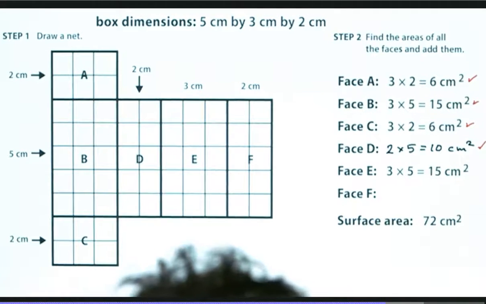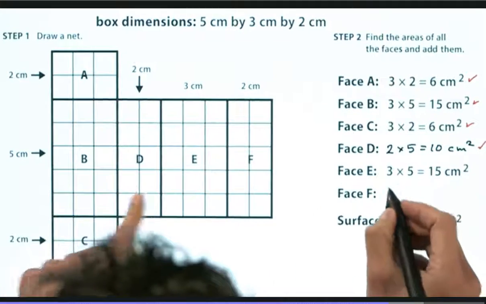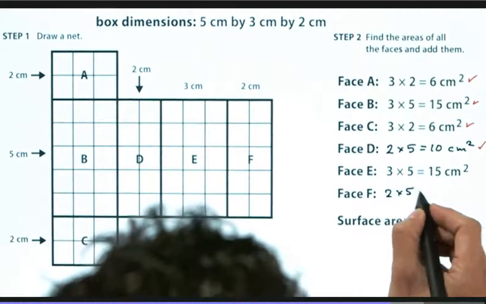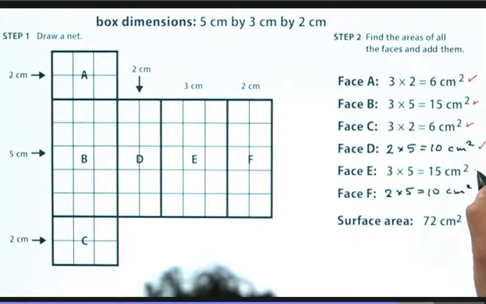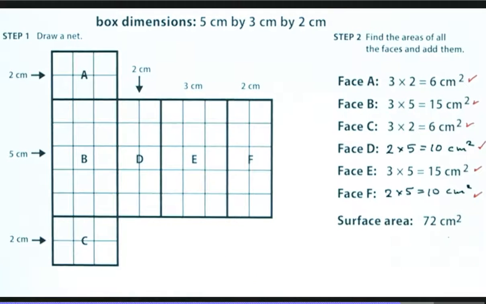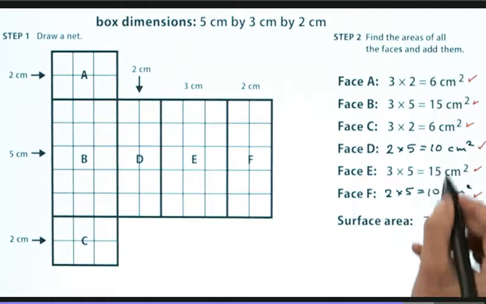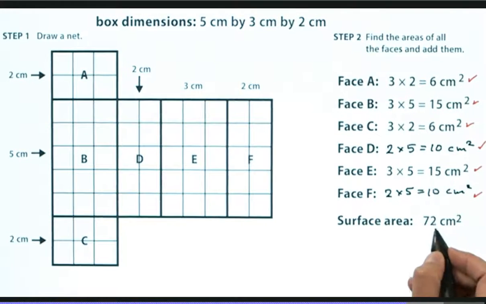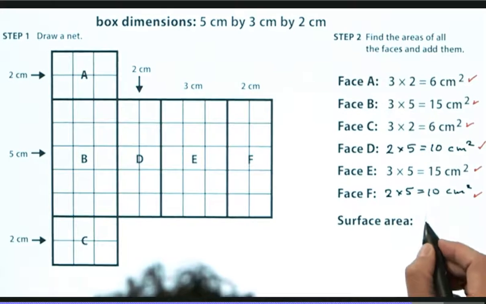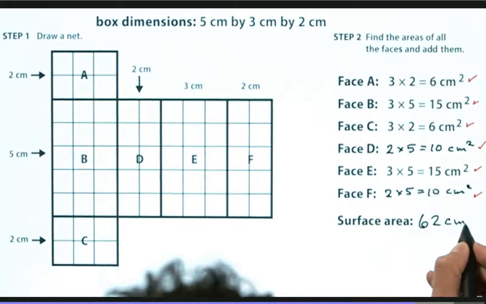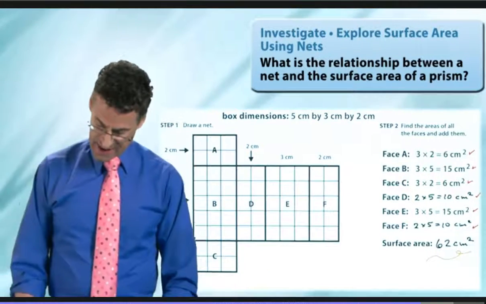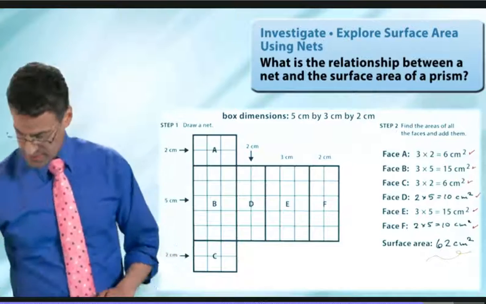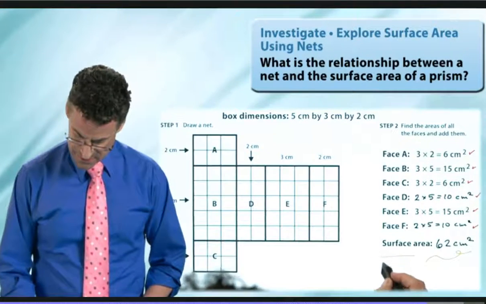and the F is now going to be, in fact, the same as the D face, which is 2 times 5 in area, which is 10 centimeters squared. And now, in fact, everything is correct. And if we add up these numbers, remember this was a 15 before and a 15 before, so in fact we had 10 too much, and so this answer actually is wrong. If you add all these up, what we now see is 62 centimeters squared, and that actually is the correct answer. So the actual surface area of this rectangular prism is, in fact,